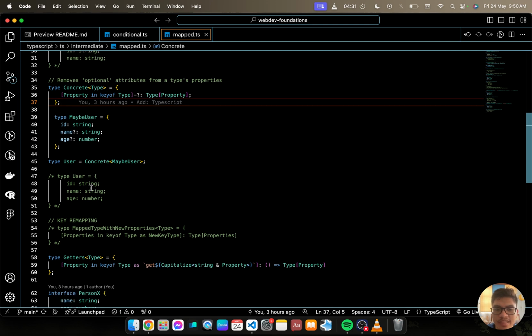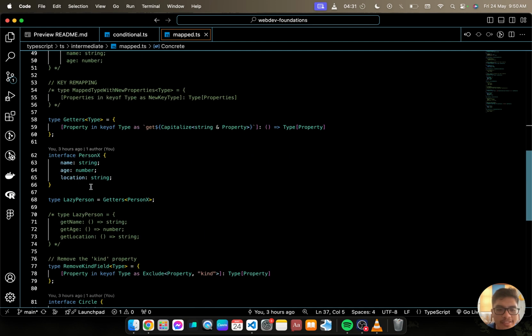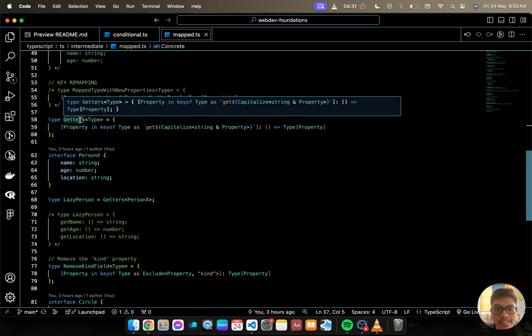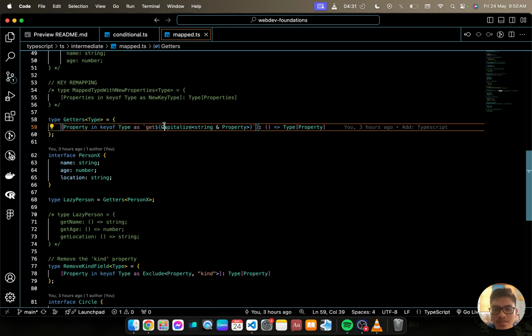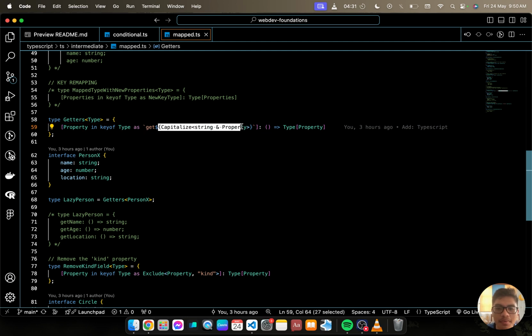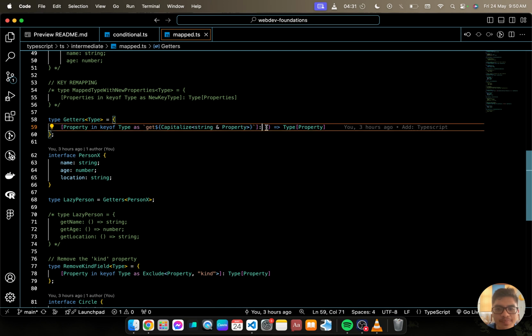Okay? Then one advanced usage as well here is type getters. Type property in key of type as string literal, get, capitalize. So this is a utility type, capitalize, string, and property. So what does that look like? Okay? So we have here person X, name, age, and location.